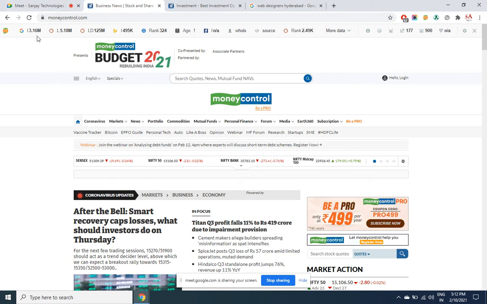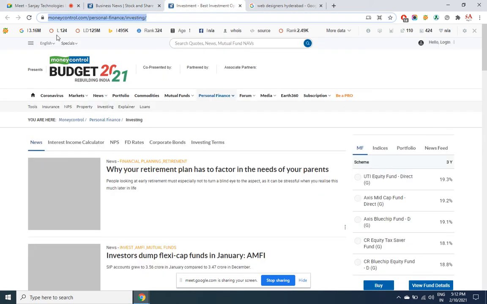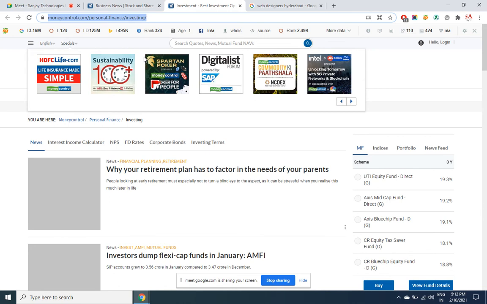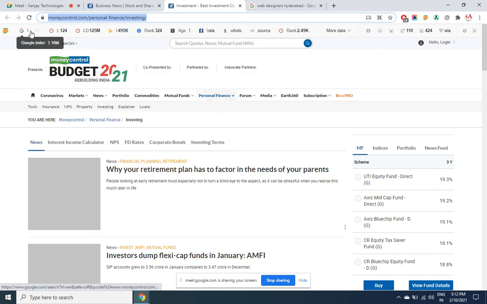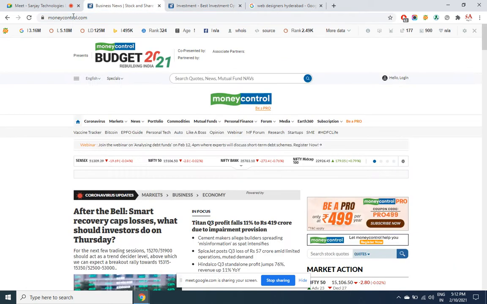Some numbers here are applicable at the site level, some at the page level. The first parameter is applicable at the site level, which tells you how many pages of this website are present in the Google search engine. There are nearly 31.6 lakh pages, that is 3.16 million pages, of this website present in Google.